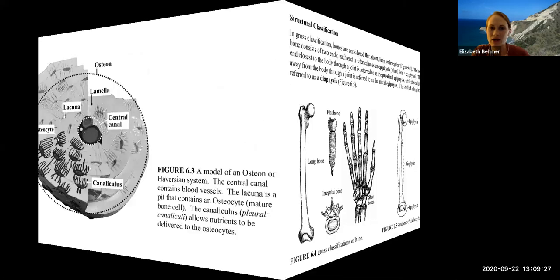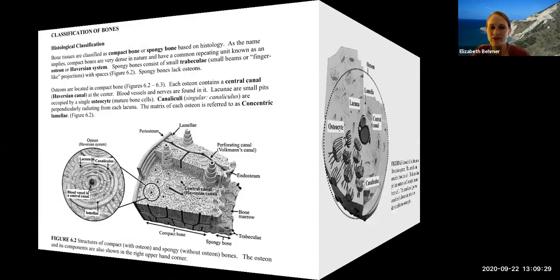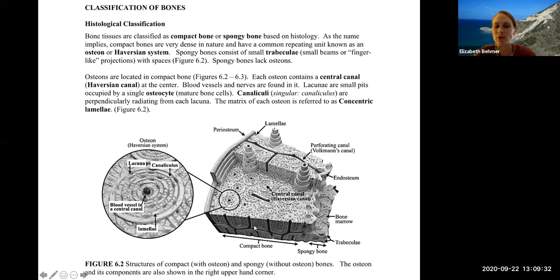Let me see here. I just want to talk about a few more structures in this view of compact bone. You can see the spongy bone is this labeled part where you'll see spaces within it. You'll have bone marrow on the other side of that where your lipids will be stored. You also have what we call perforating canals, also known as Volkmann's canals. If we look on the side of this model, you can see the central canals travel parallel with the osteon. The perforating or Volkmann's canals travel perpendicular to all those central canals,